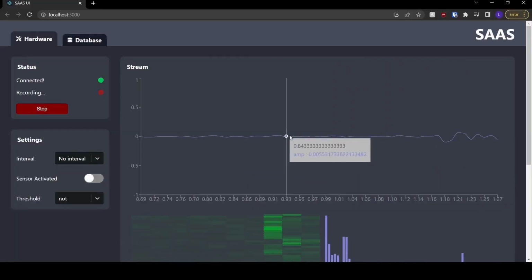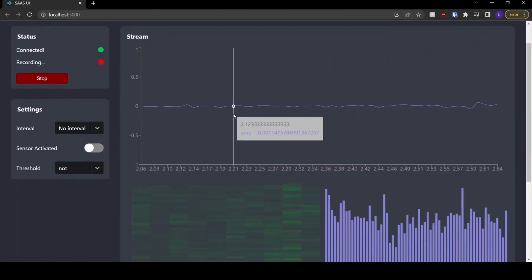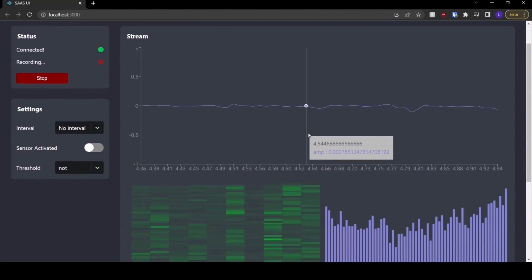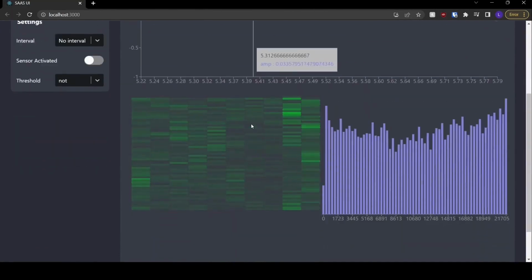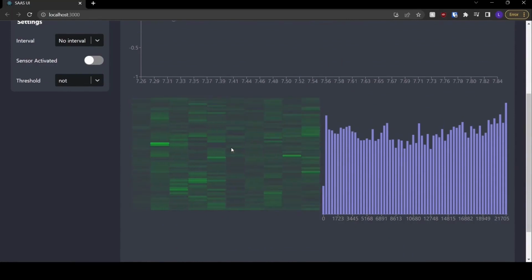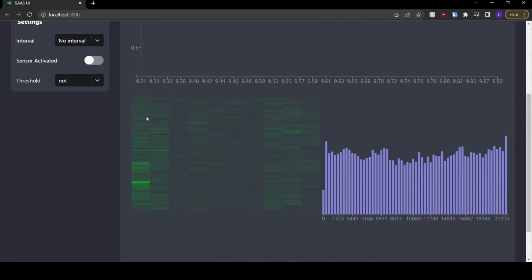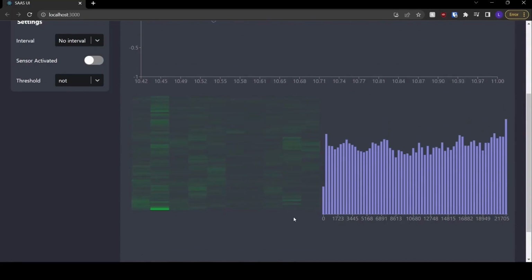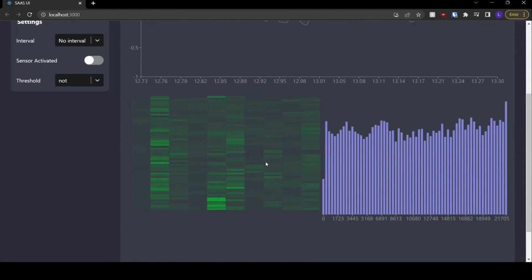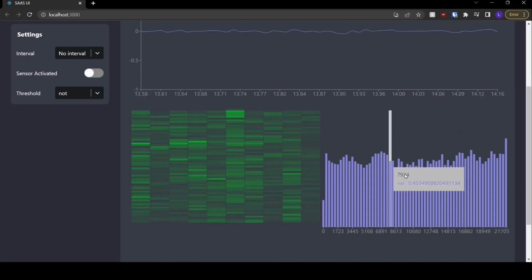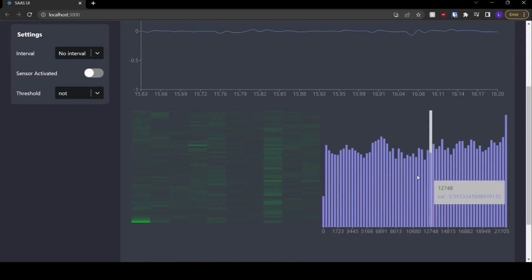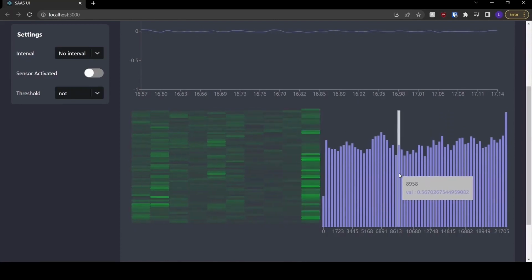While the device is recording, you can see three different graphs on the UI. The first graph just shows the intensity to time of the audio coming in from the Arduino. The second graph is a spectrogram of the frequencies that it is detecting in real time. Each level of the y-axis represents a different frequency, x-axis represents time, and then the brightness of each pixel represents the intensity of that frequency. And the third graph is an overall cumulative frequency density graph, just showing the overall density of each frequency within